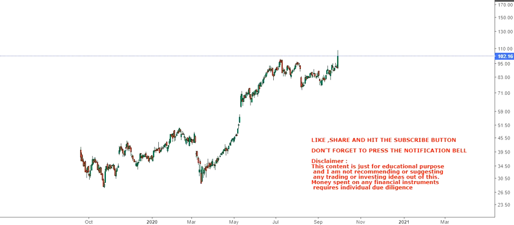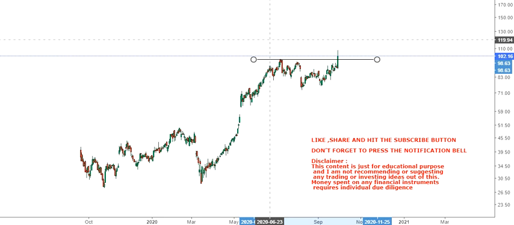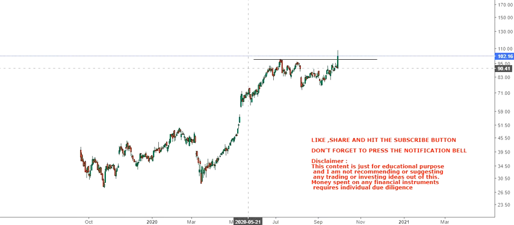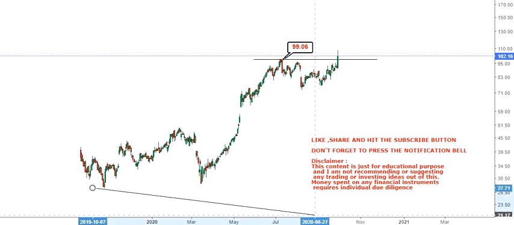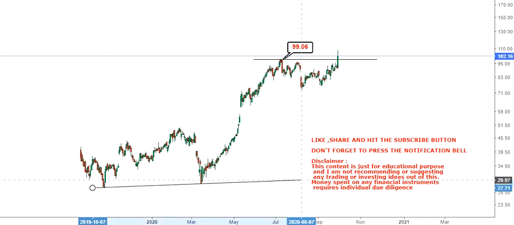Friends, in this video we are going to discuss the stock of Datadog Inc. And the good thing about this stock is that it has made a fresh breakout. Here you have your resistance at around $98, and now the stock is trading above that. This is a very positive trend, as the stock has indeed made a breakout above $99 on the upside. So let us analyze the trend and look at the things one could see in this particular script.